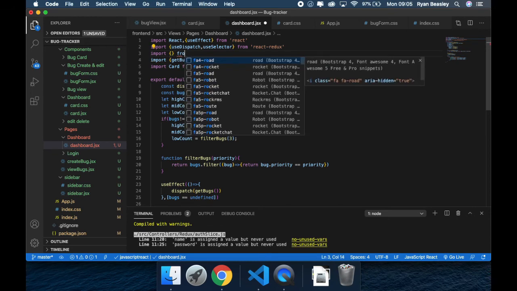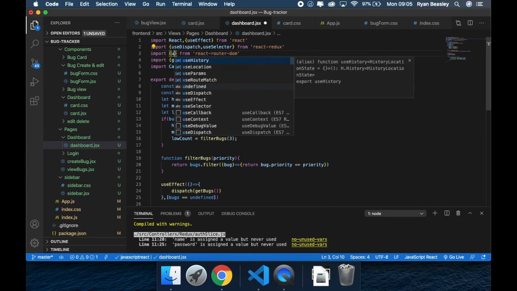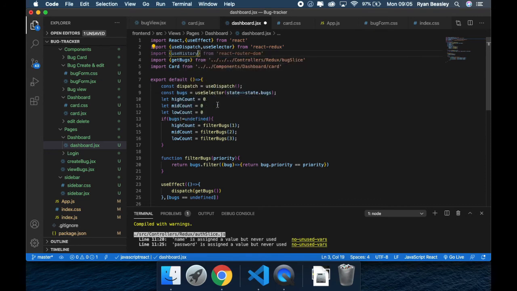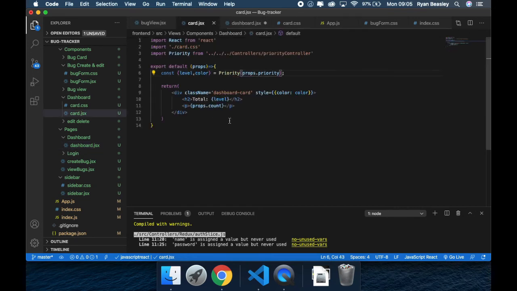So we're going to import useHistory from the React Router DOM. Rather than using Link, because obviously we've styled it all, it's going to muck up the style, you can use useHistory. And on the click of the card, which we're passing back, we haven't done anything yet. So inside the card,